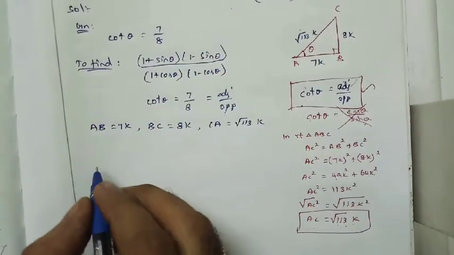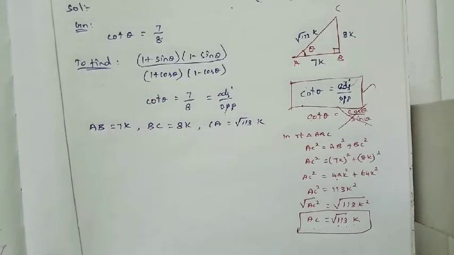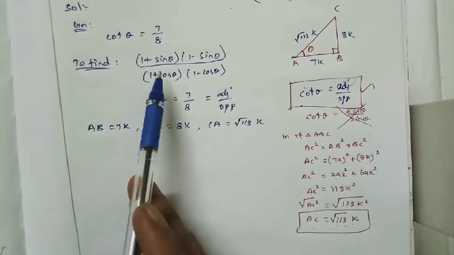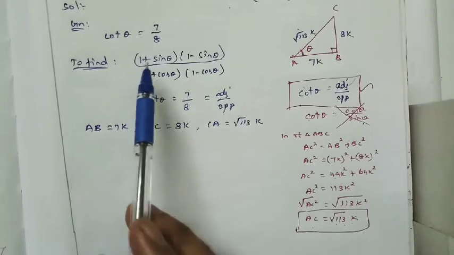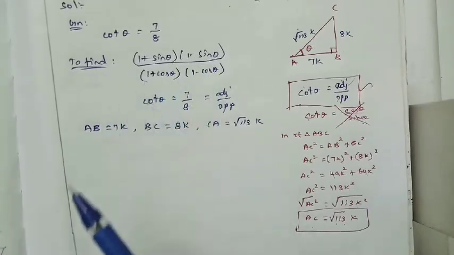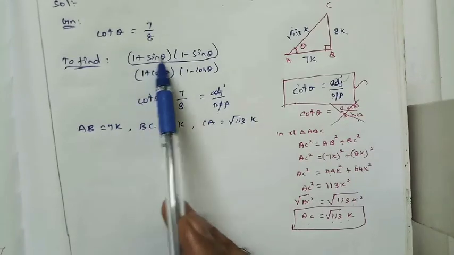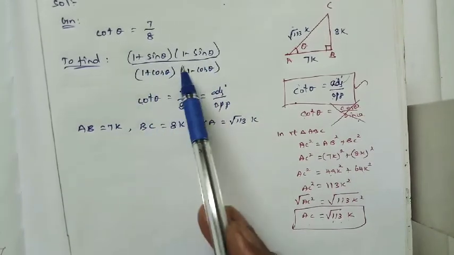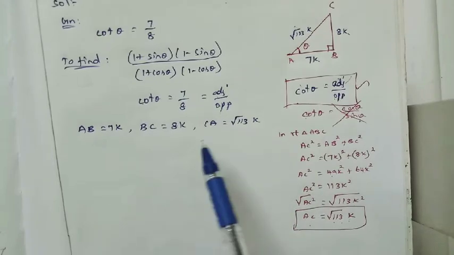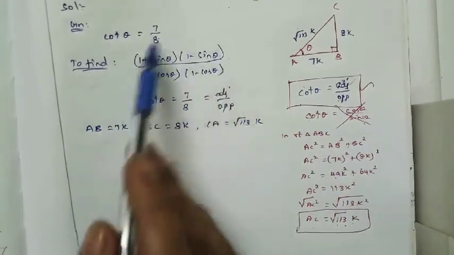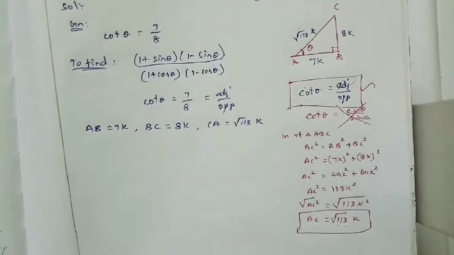This is equal to (1 plus sin theta) into... For finding the solution we have two methods. One is directly applying the values, after finding the sin theta value and cos theta value, and simplifying. The other method is, while seeing the question itself, we have to come to an idea. I told you we have so many ways to find the solution in trigonometry.